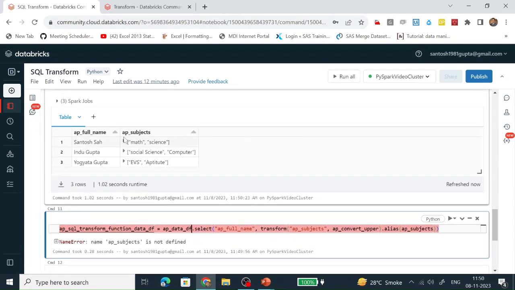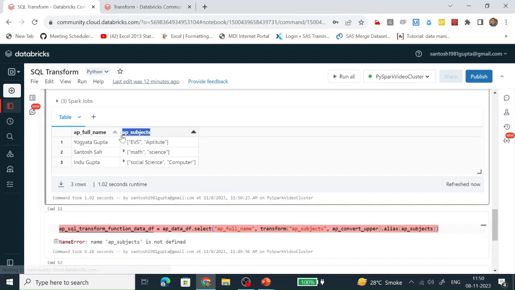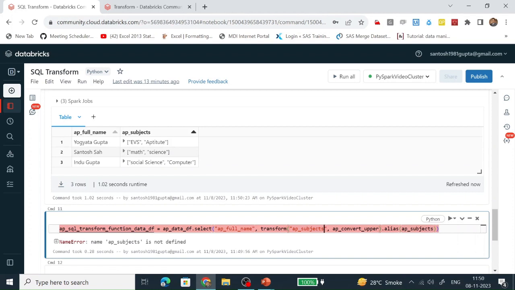It has ap subjects, ap data, ap full name, transform, ap subject. Let's copy it. ap subjects, ap convert upper. We are converting to upper and making an alias. Okay, sorry, this was put into quotes, that's why it was giving an error.